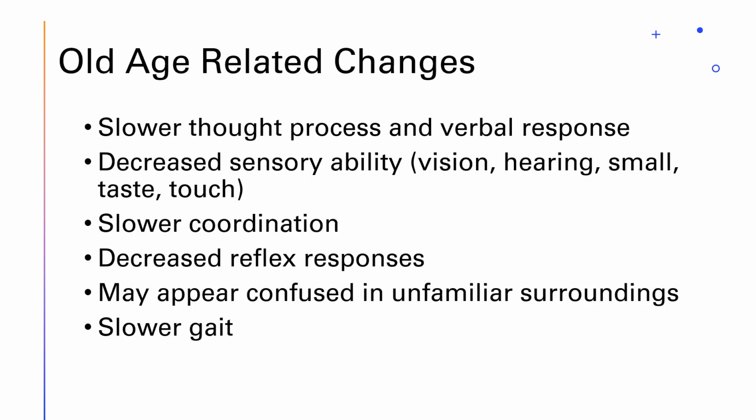Like with all the other body systems, there are age-related changes we need to discuss in the older adult. First, remember that their brain and nerves are old and things slow down as we get older. So their thought processes and verbal responses may be slower than normal. Allow them time to think and speak. Their senses may not work well, like hearing and vision, and even touch, smell, and taste. Their balance and coordination may be slower and less refined, so they may move slower and have balance issues. Add that to slower reflex responses, and older adults are fall risks.